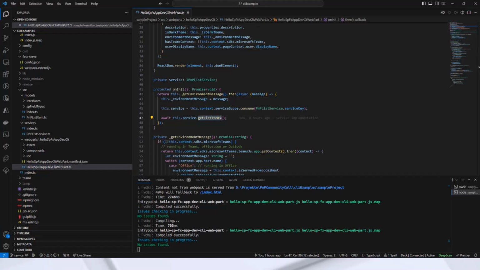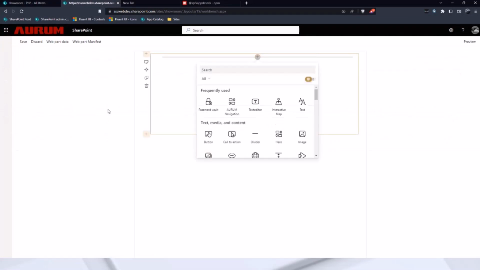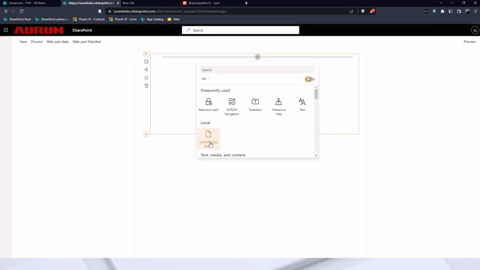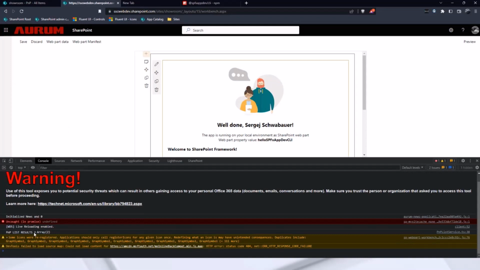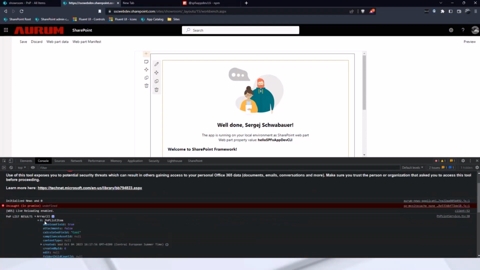I want to show you that in the browser. So no local. Currently, I refresh the page. Should be there. I placed it on the console. As you can see, here are my results. I have 2 items and the objects as PnP list items.